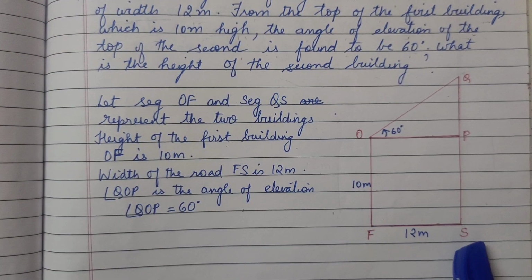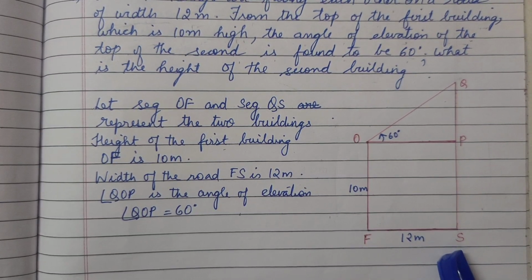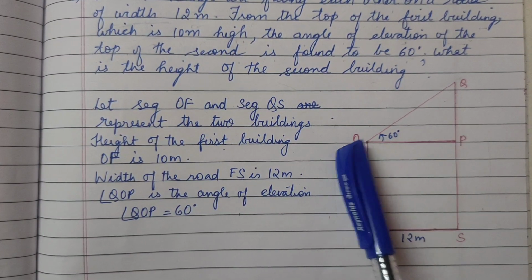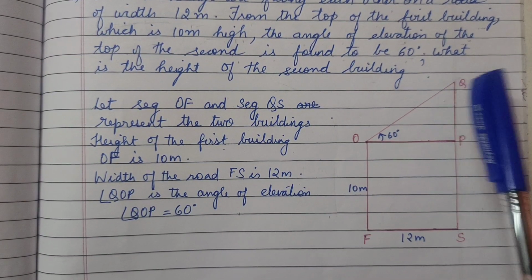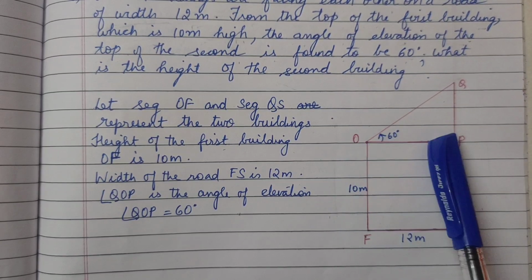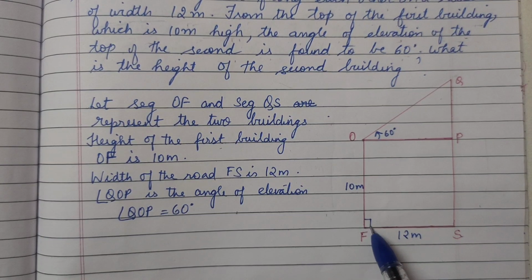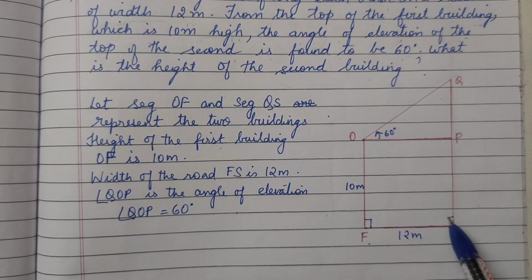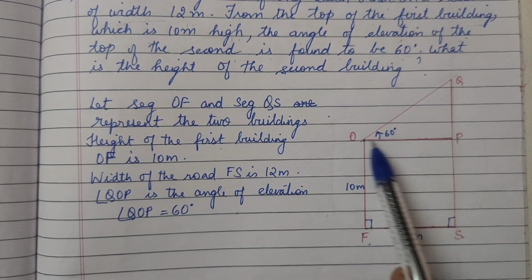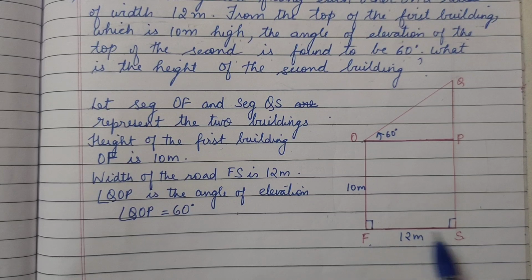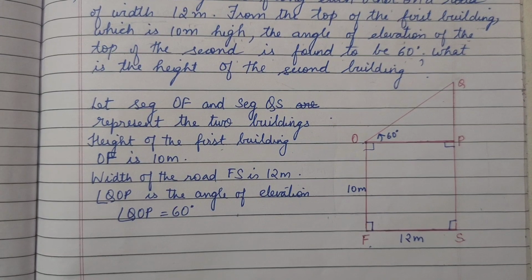So the figure has been drawn here. See, so OF is the first building, QS is the second building. Okay, and as the observer is on the top of the first building, that makes an angle of elevation here. Okay, so this is a horizontal line. As I said, the building is on the ground here. It is always perpendicular to the ground here, and similarly this building also perpendicular to the ground. And the horizontal line is always parallel to the ground here. So this will also form a 90 degree by interior angles. We need not write this.